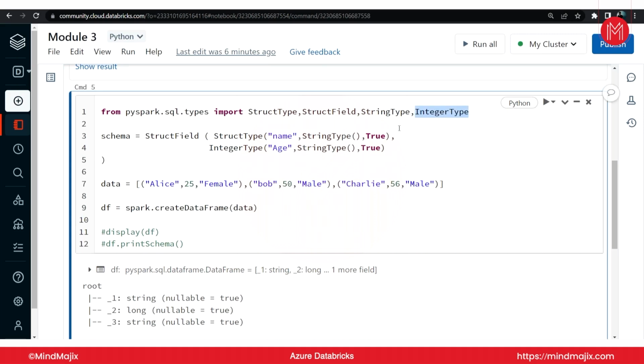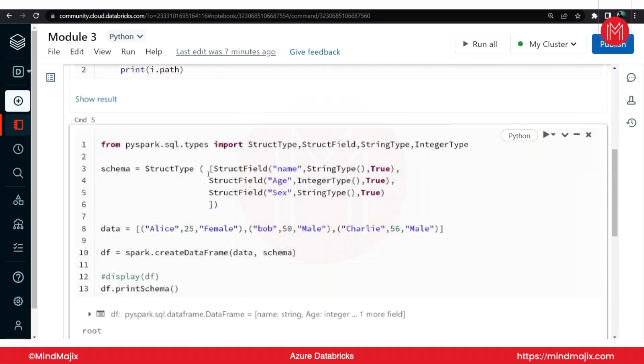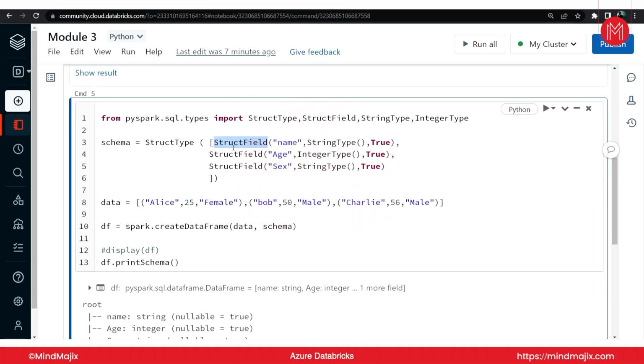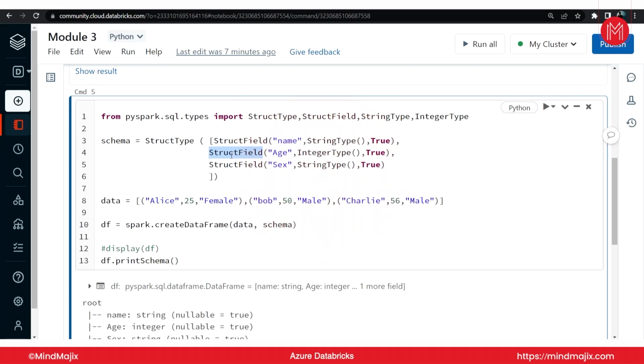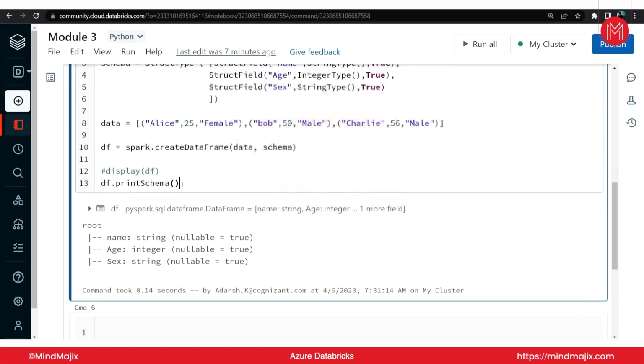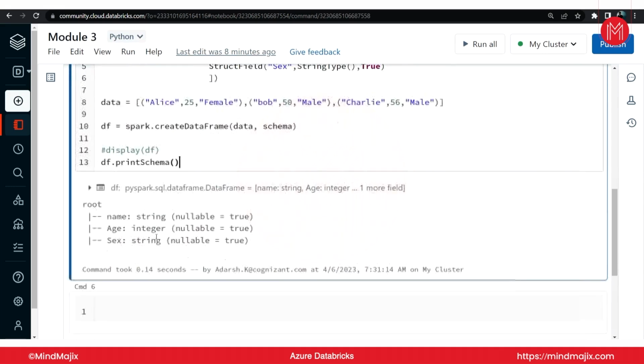Age, and then age will be integer. So slight change: struct type is to show that we are defining the schema, and struct field is for each field, each column. My mistake, I said it the other way around. And then all of this we need to put inside a list, and then give this to struct type. So earlier it was long here, so it changed to